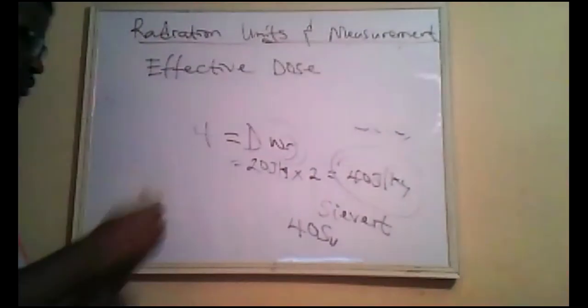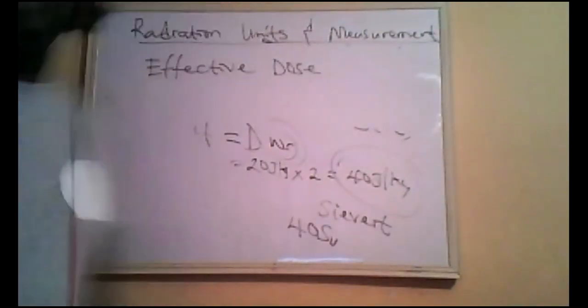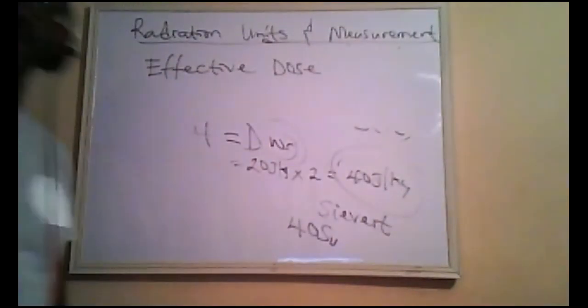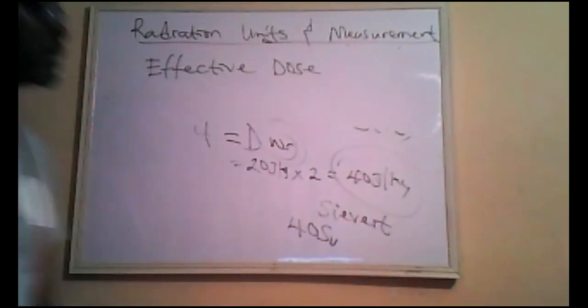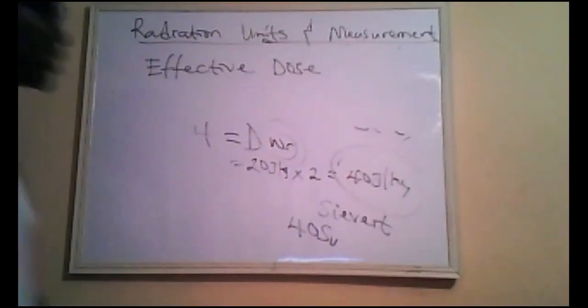Effective dose. So effective dose takes cognizance of the effect of radiation to different tissues in the body. So the commission came up with some factors. So effective dose